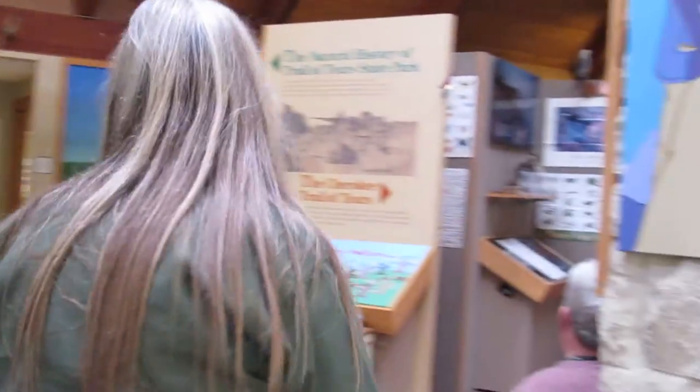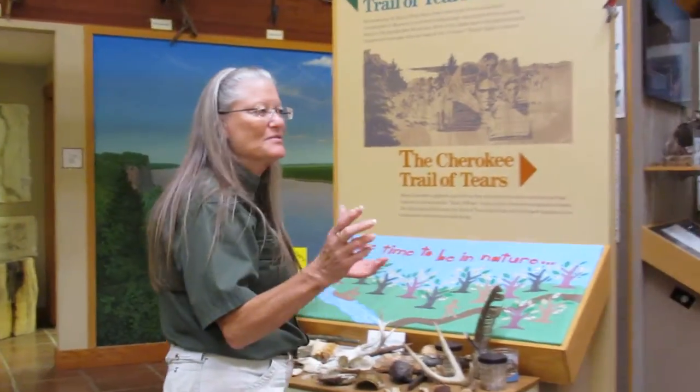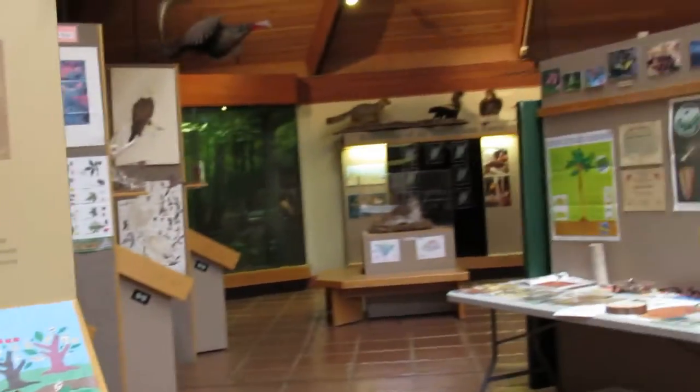park. Within the visitor center, which is kind of interesting, we have paintings that were done by different Native American artists when the center opened back in the 1980s. If you come around, you'll find that the building is divided up. In the front half is the history of the Cherokees. It starts out with who the Cherokee were,